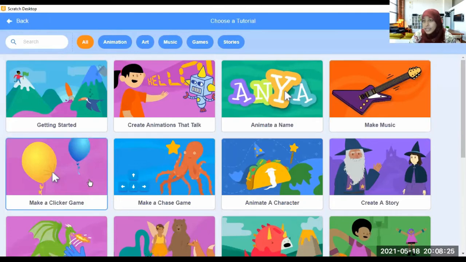When you click, you can play by clicking the game. Make a chase game. Chase game means chasing, right? Now for an example, a cat is chasing a mouse. Likewise, you can make games. So this one is tutorial. Tutorial means they are teaching you. Now understood what is tutorial?